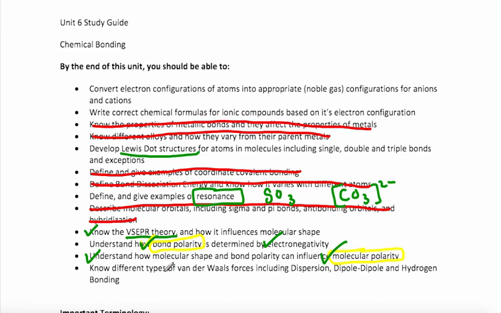The final thing we really need to talk about is our types of forces of attraction, intermolecular forces of attraction, often called van der Waals forces. Okay? And the kind we talked about in class were London dispersion forces, dipole-dipole forces, and hydrogen bonding. Now, a couple of key things to bear in mind. In terms of strength,